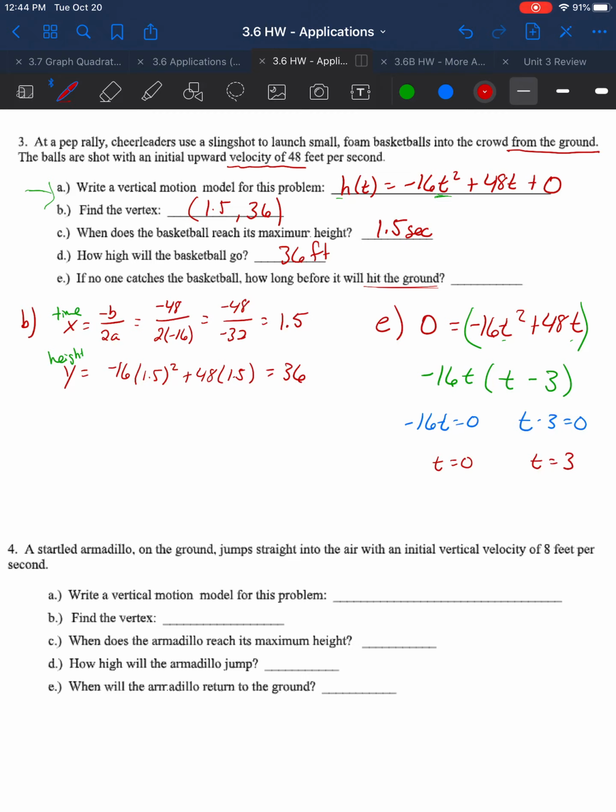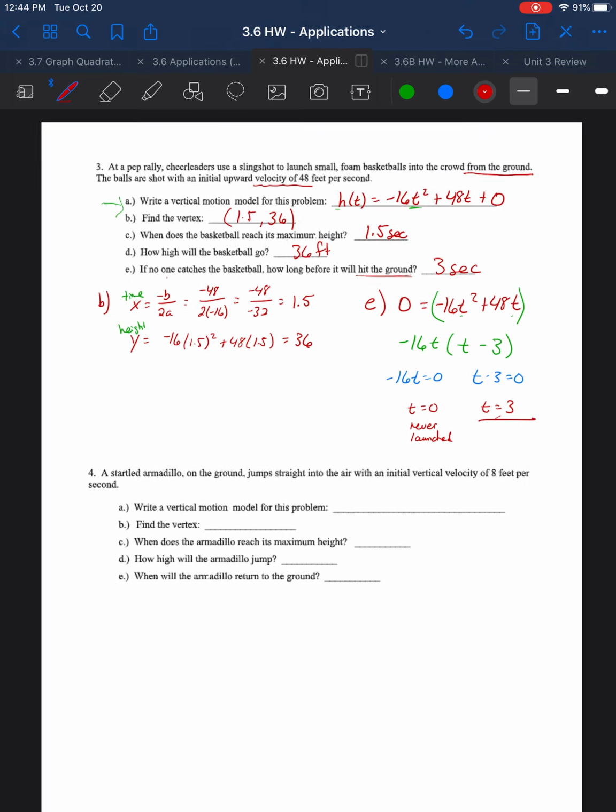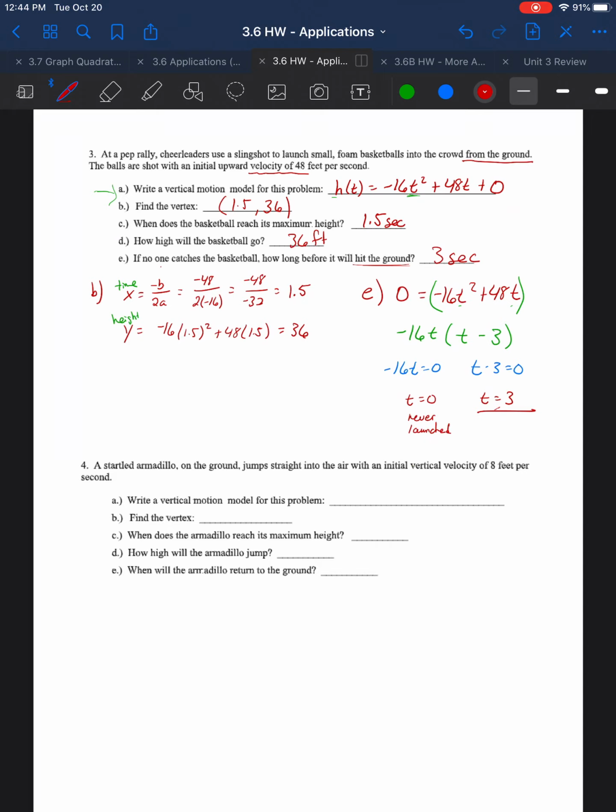Now I'm going to set my 2 factors equal to 0, and I'm going to solve for time. Now, in this case, t is still time. Time can be 0, but this one says, if no one catches the ball, how long before it will hit the ground? Well, it's not going to hit the ground in 0 seconds. That means it was never launched. So how long